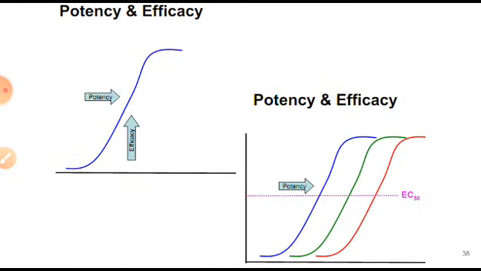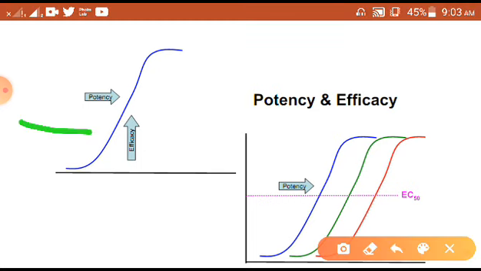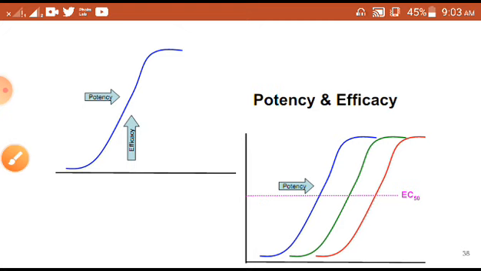Here also the graph showing the potency and efficacy. You can understand, if you want to read the potency from the graph, then if the graph is moving in this direction, that reads the potency, and if the graph is moving in this direction, you know the efficacy of the drug. Okay. Here you can see three different drugs have been shown,